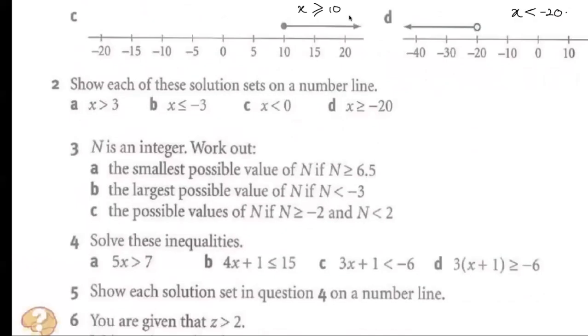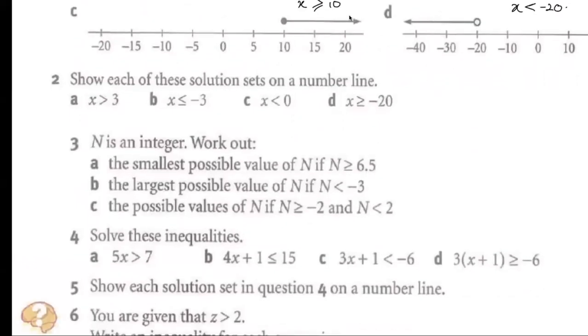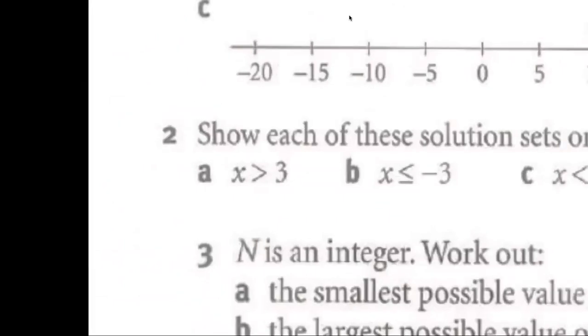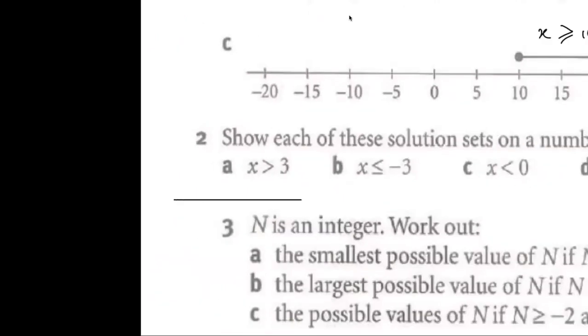Show each of these solution sets on the number line. So it's fairly simple. Just draw a number line. Let me just zoom it in. You can just draw a number line here at the bottom of it. If you want to, you can just take this and use it for all. Then draw the numbers 3, 4, 5, 6, 2, 1, 0. X is more than 3, so it must be a hollow dot, sorry, because it's not including 3, and then we just point it to the right,